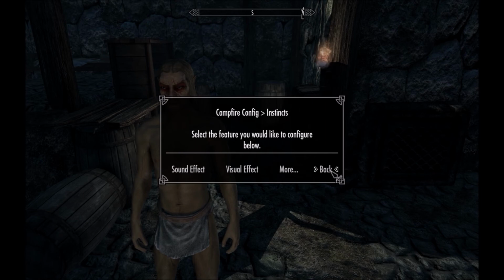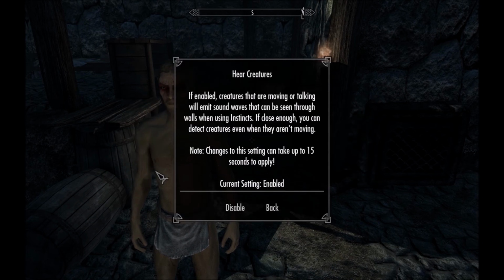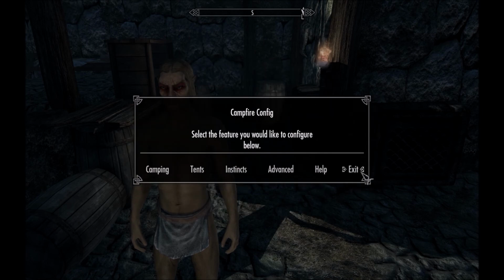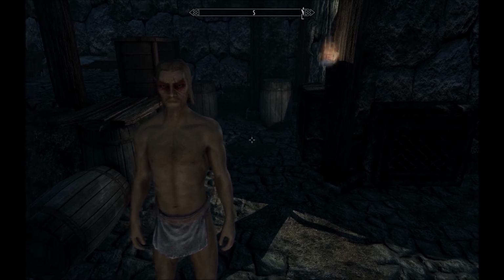Visual sounds. Effect. More. Smell objects. Disabled. Yeah, I always keep that disabled. There's no point in having that. I don't want my character having that much power. And we'll go to disabled. Alright. Next we're going to work with...